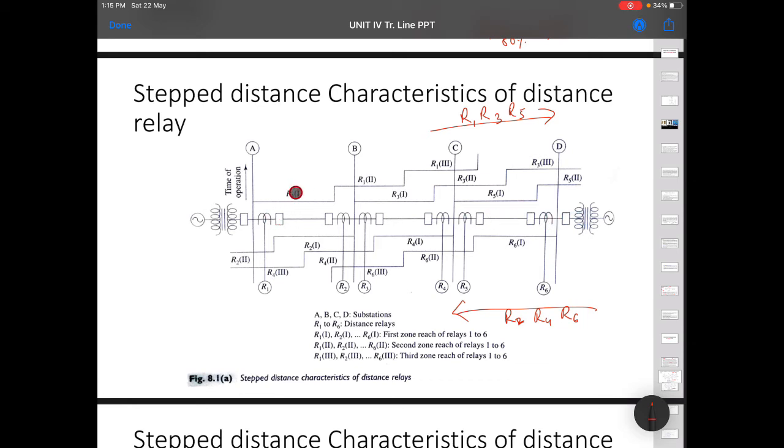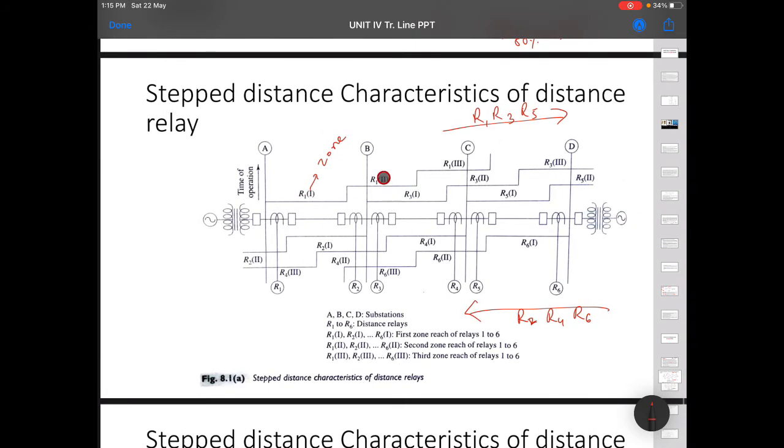This is not a section, this is a zone. Inside the bracket it is written as zone. R1 zone, R2's second zone, R1's second zone, R1's third zone, R3 first zone, second zone, third zone, R5 first zone, second zone, and so on.